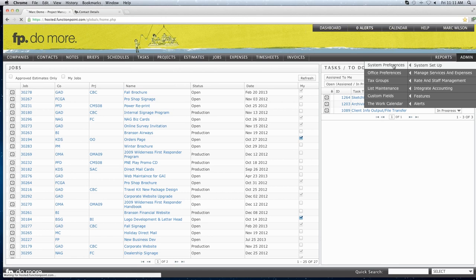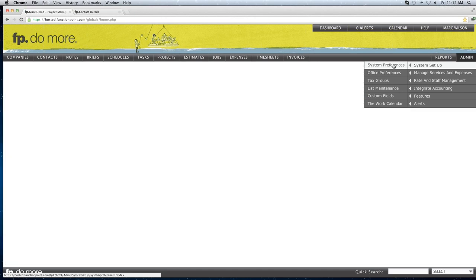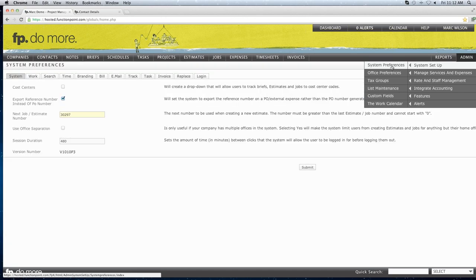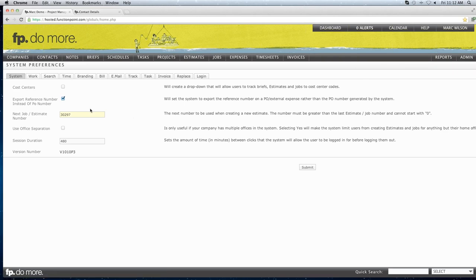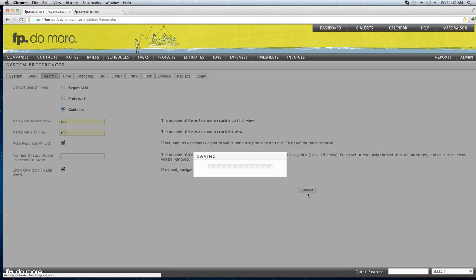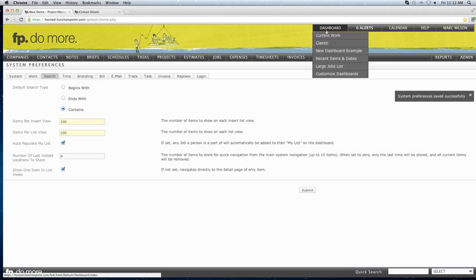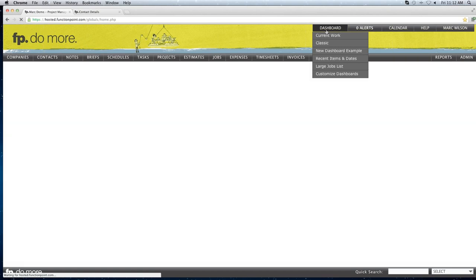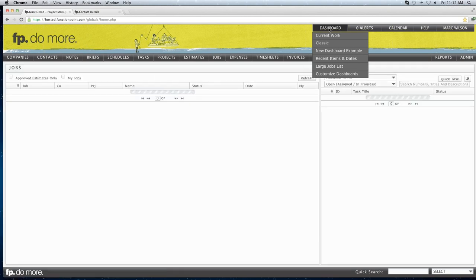Definitely, no problem. So the way that we're going to do that is going into the admin section under System Setup and System Preferences. Of course, you do need to have access to this area via the permissions to be able to access this. But we're going to look under a tab called Search, and then we're going to adjust the items per insert view. So let's change this from 25 to, let's say, 100. Now, I only have 27 active jobs in my example system here. So when we go back to our dashboard,